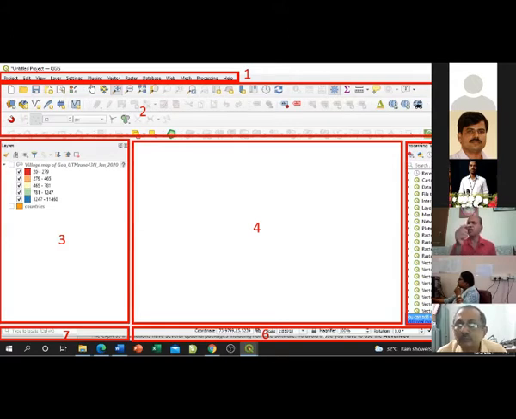If the map is already georeferenced, then it will give you latitudes and longitudes, especially the cursor position on that map with reference to the latitude and longitude. That is also going to be seen.